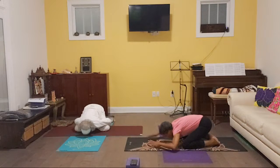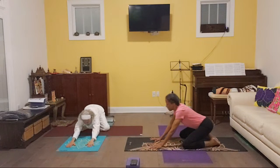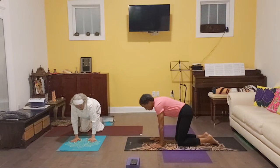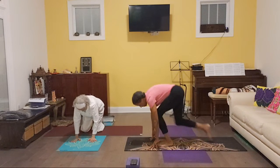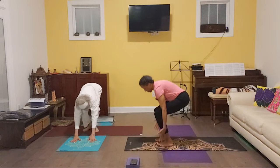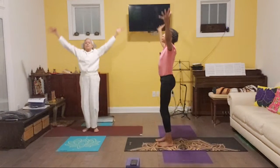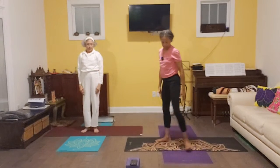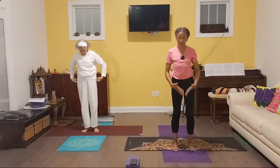And then bring your arms back in front of you, lift your head, come back to a tabletop position. And from here, we're going to stand up. And when you stand up, inhale with your knees bent, reach your hands up toward the ceiling, and exhale them down by your side. So at the front of your mat, separate your feet,